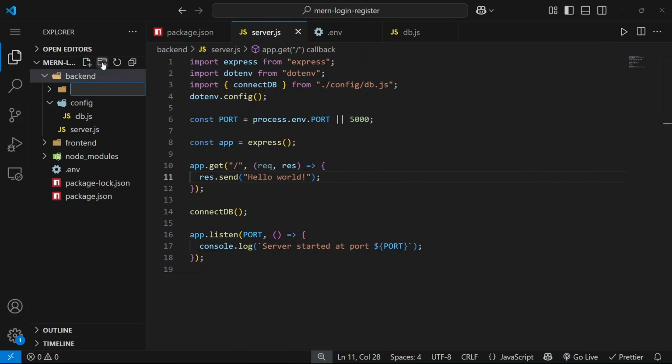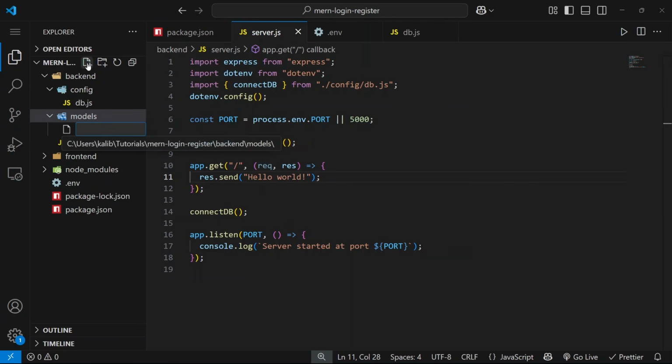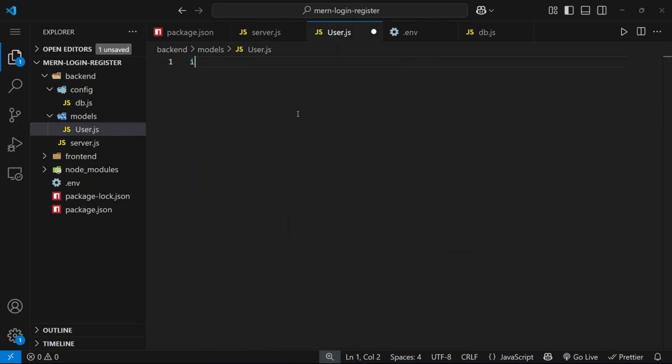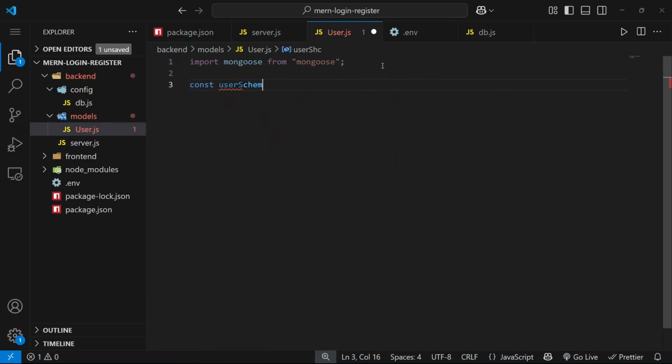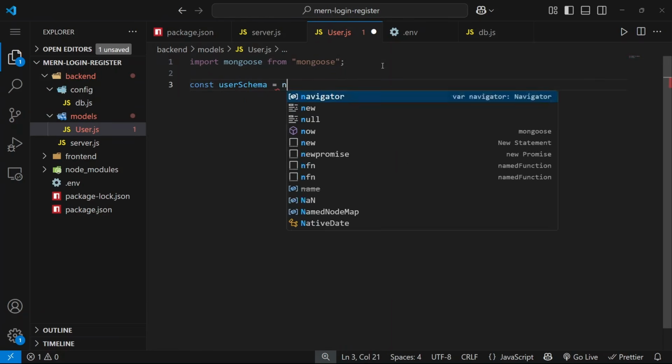So let's create a new folder called models. And here let's create user model. For that, let's create user.js file. And here let's import mongoose from mongoose. Okay, so let's create a variable called userSchema. Let's say that it will be equal to new